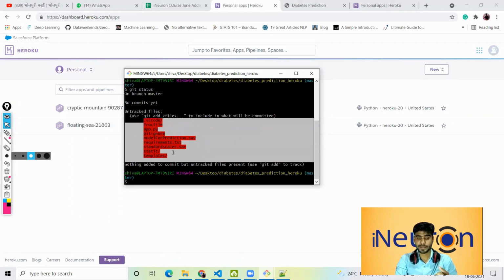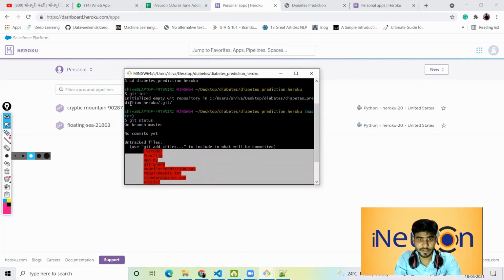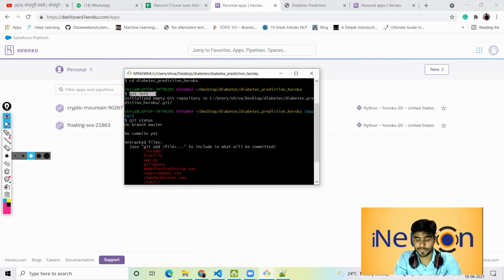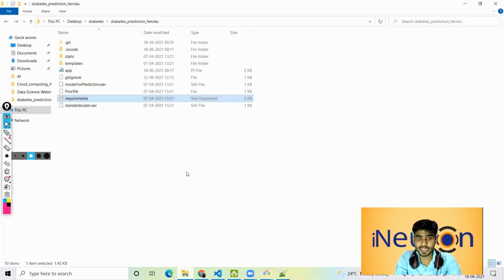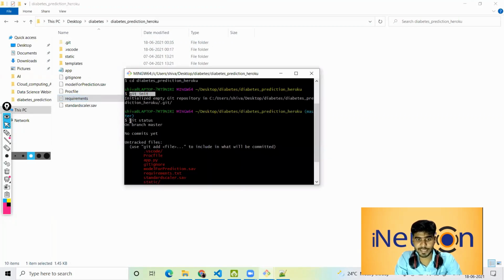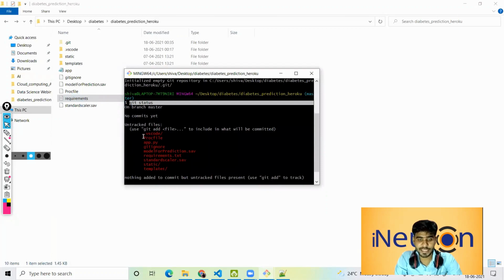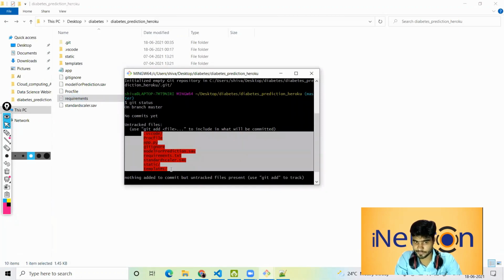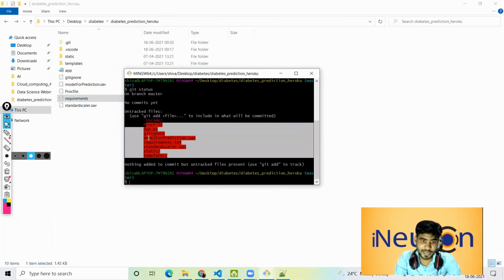One more thing: when we write git init, it creates a .git folder in our existing folder. Now when we write git status, you can see these are the files available in our local folder.